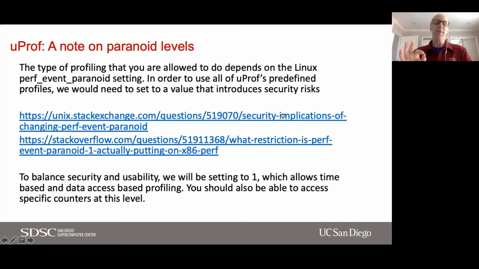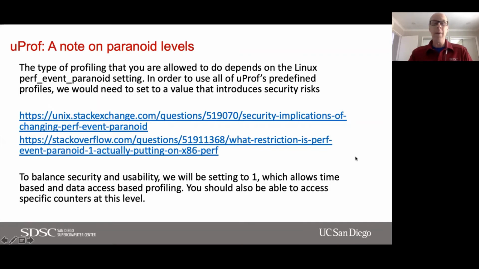If you're really interested, you can take a look at these threads on Stack Exchange and Stack Overflow. The folks that do cybersecurity are really sharp, and they've noticed that if a user is given access simultaneously to too many of the performance counters, it opens up security holes and they could actually hack the system.